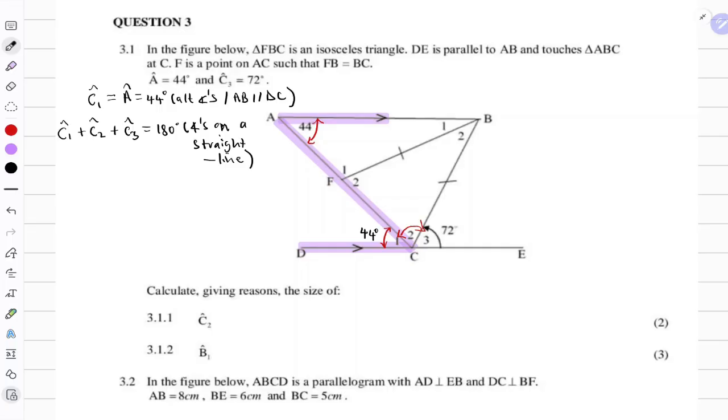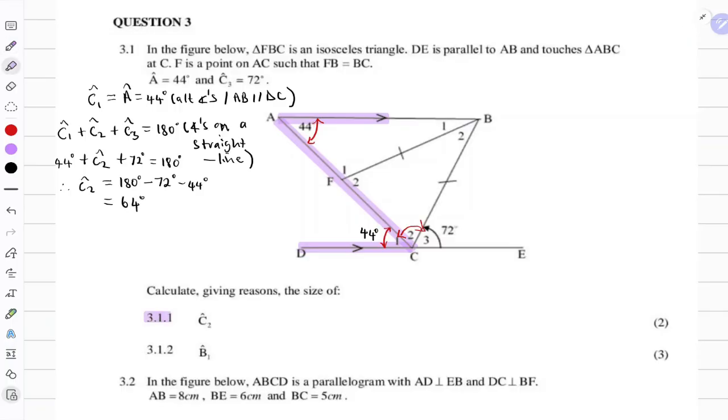Now we can substitute. C1 is 44 degrees, C2 is what we're looking for, and C3, 72 degrees, is given, equals 180 degrees. Therefore C2 should be equal to 180 degrees minus 72 degrees minus 44 degrees, and this gives us 64